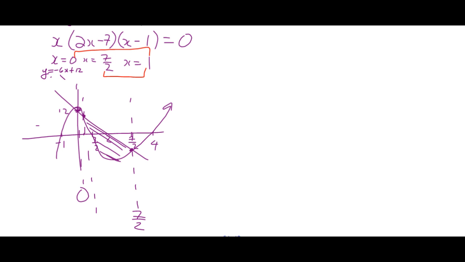In a sense, you didn't need to draw the diagram. Drawing the diagram would help if you were always going to go for positive areas, right? So if you're going to work upper function minus lower, then you'd need the diagram to know which was upper and which was lower, right? Now in this case, we don't really need that. We just need to know that I need to go from 0 to 1, and from 1 to 7/2. And we've already taken